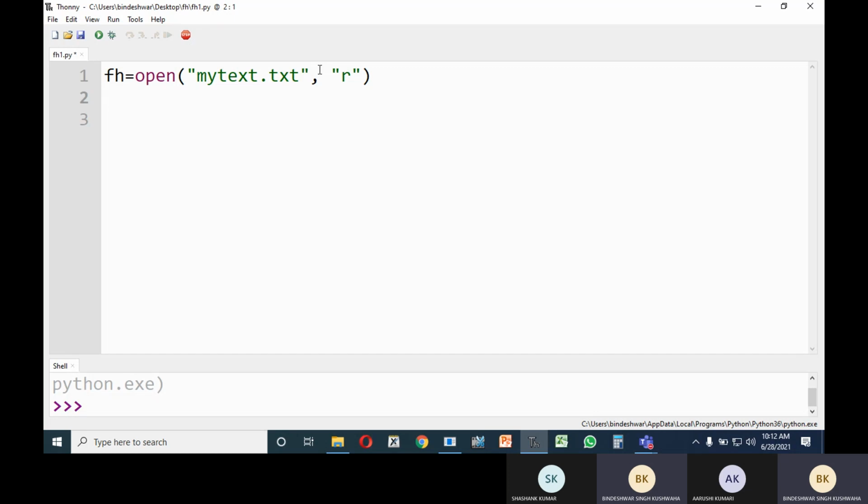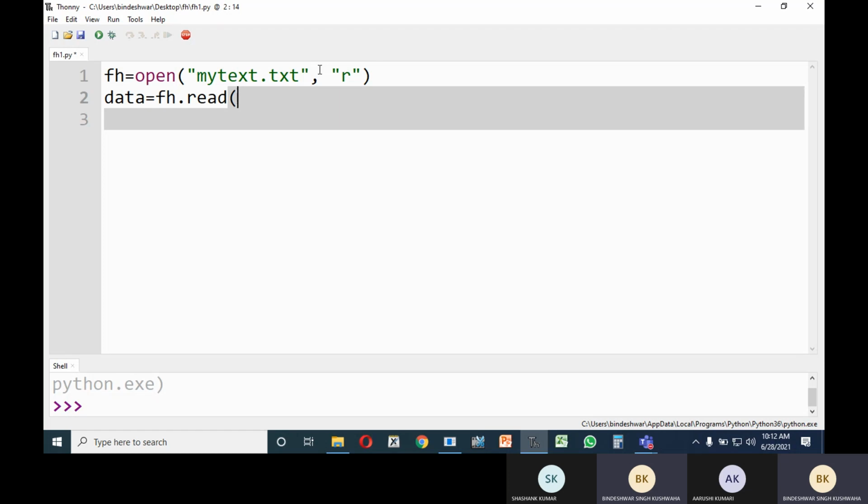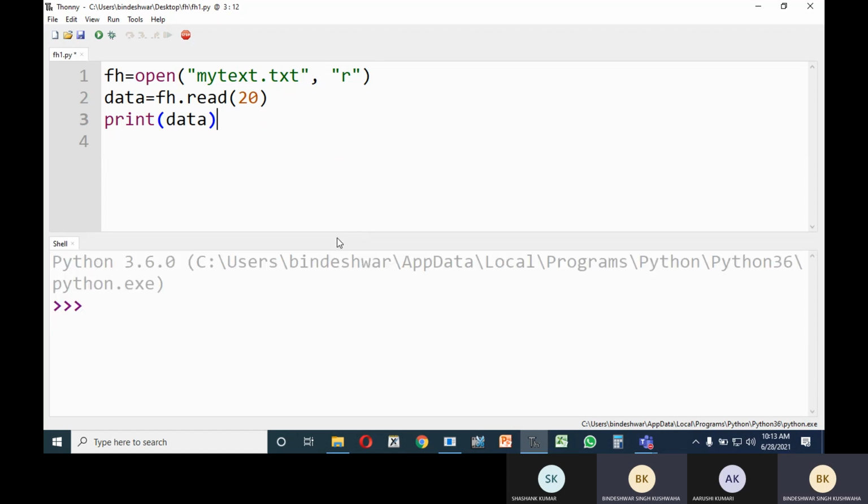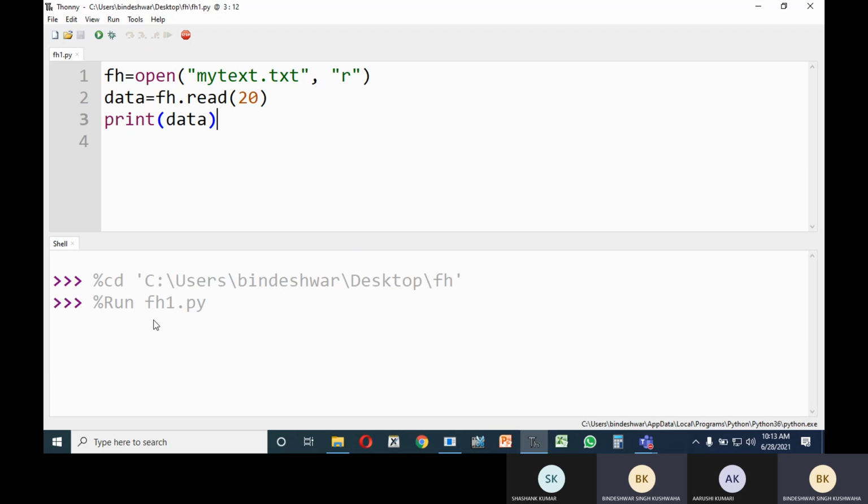And thereafter what did we do? We read the file content into a variable data, using fh dot read. And what did we do? We read 20 bytes. Thereafter print data. If you print it, obviously you will see 20 bytes.